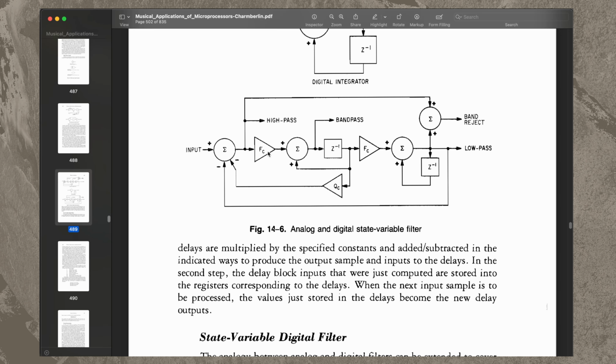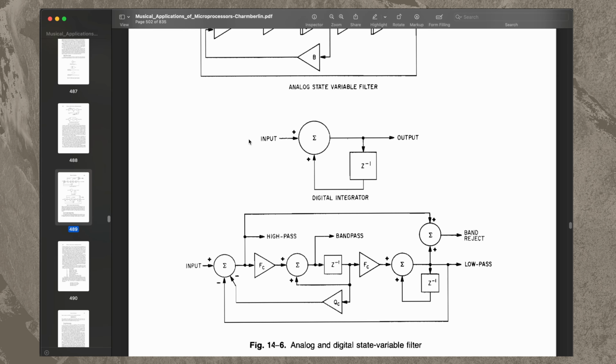And we also subtract from the middle here after multiplying by our Q value, which is the resonance. We then multiply the signal by the frequency and add that into, again, the integrator that exists here near the bandpass. And he even displays this concept of the integrator right here just as an isolated thing,